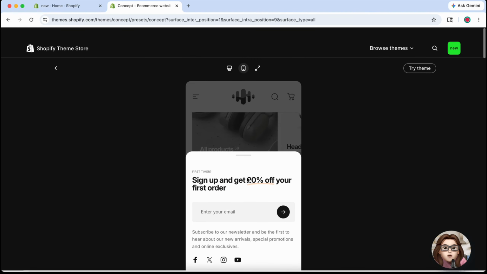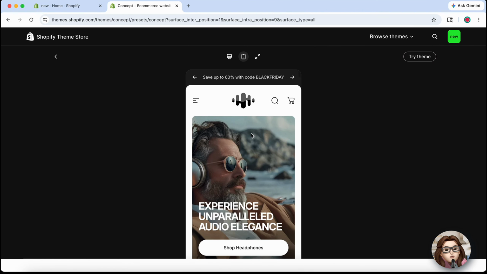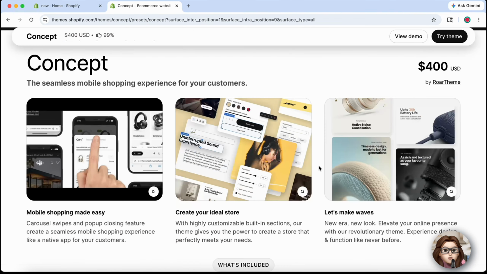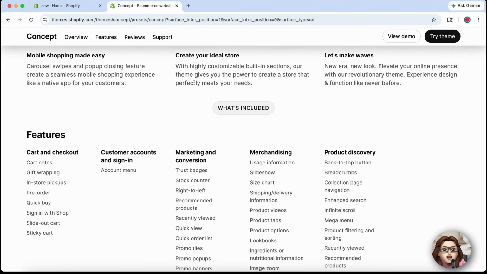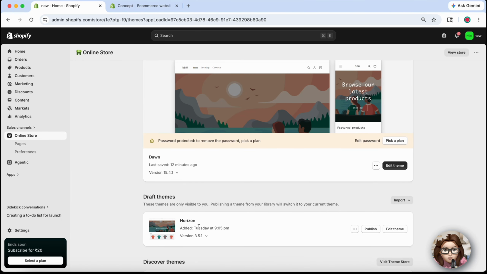If it's a paid theme, Shopify will guide you through the payment process before adding the theme to your account. After purchasing, the theme will appear in your themes library where you can customize colors, fonts, layouts, and branding before publishing it live. Choosing the right Shopify theme can make a huge difference in your store's appearance, customer experience, and